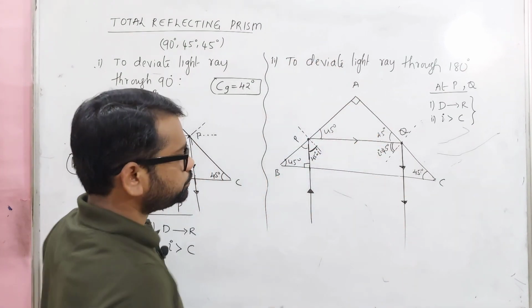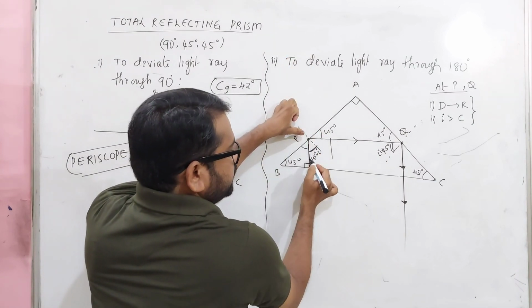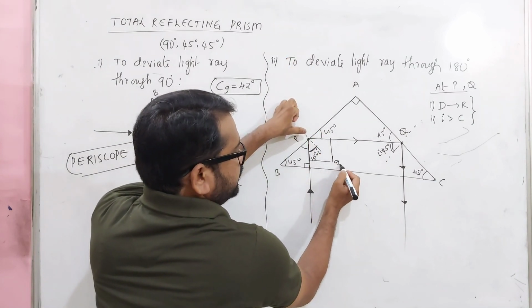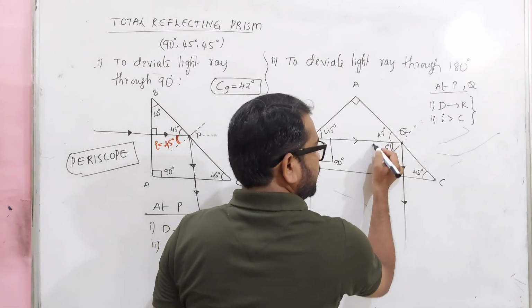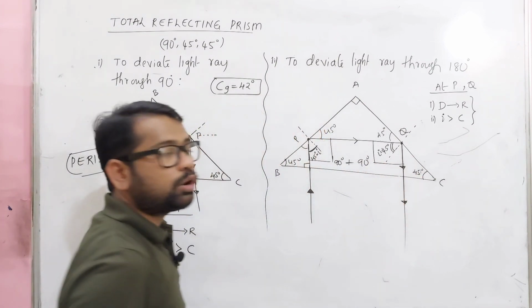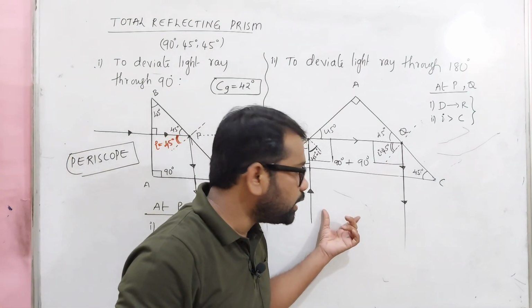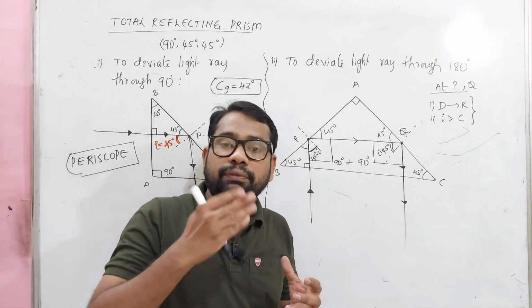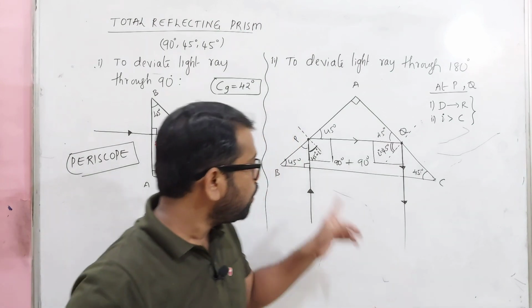Now actually look at here. Here the light ray has to go like this, but it gets a 90 degrees deviation. Whereas here also the light ray has to go like this, but again here the light ray is getting deviated by 90 degrees. So 90 plus 90 is how much here? It is 180 degrees. So children, this is how, based on total internal reflection, a total reflecting prism deviates the light ray through 180